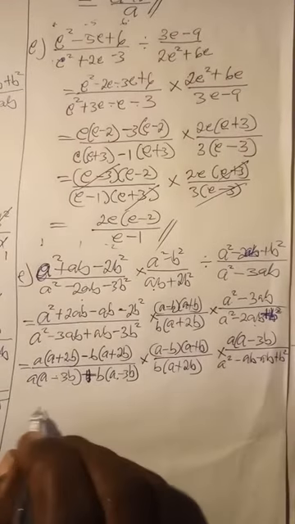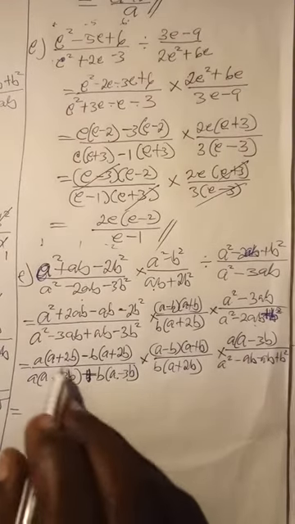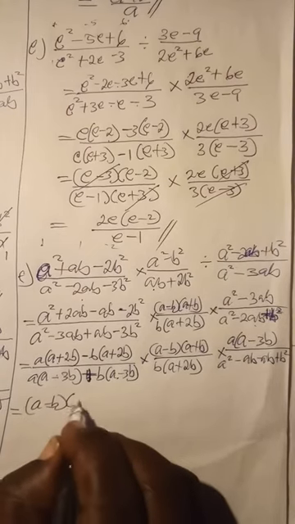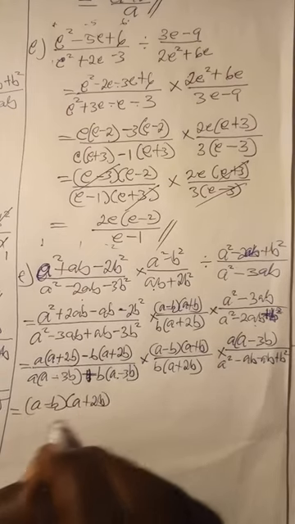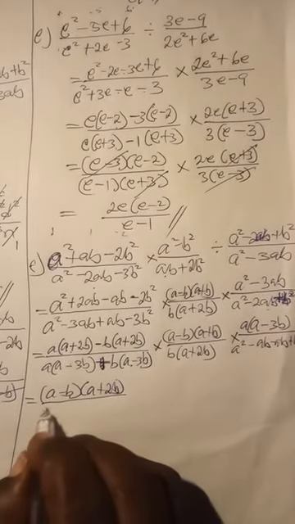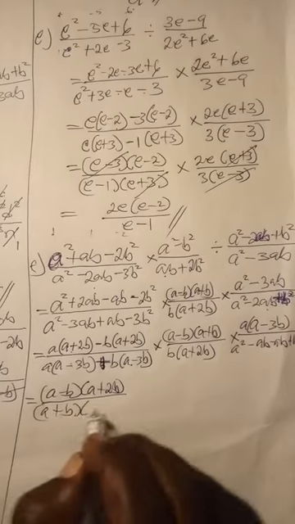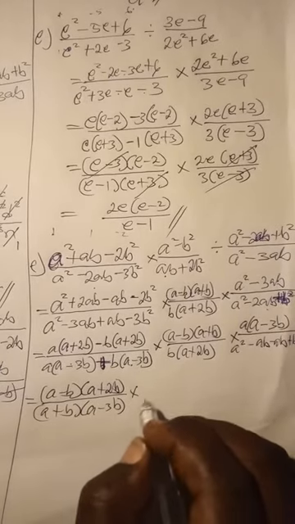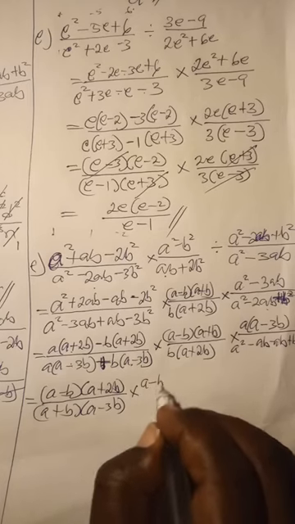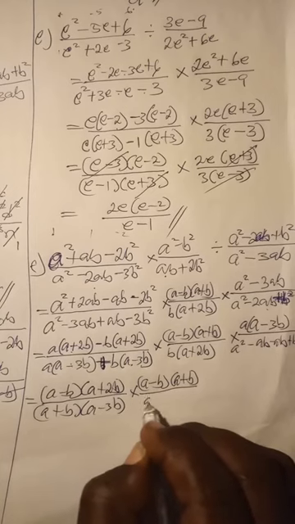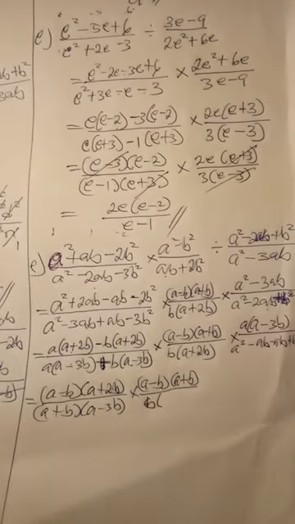So that means my final result here, I can factorize here to give me a minus b, a plus 2b over a plus b, a minus 3b, times a minus b, a plus b over b bracket